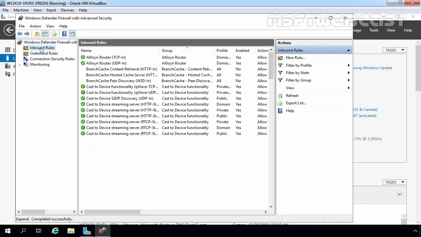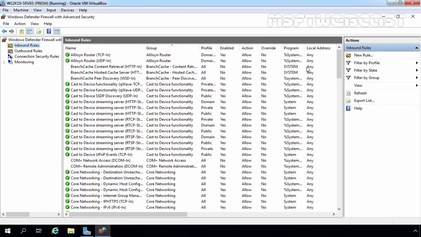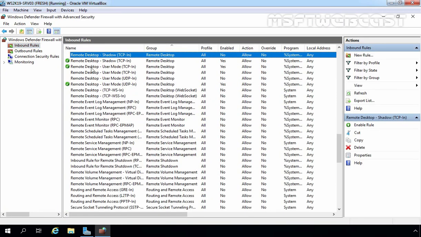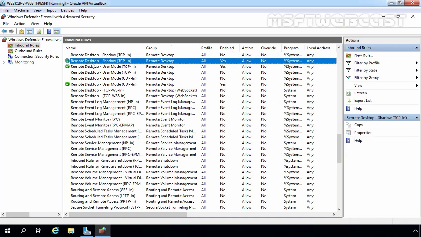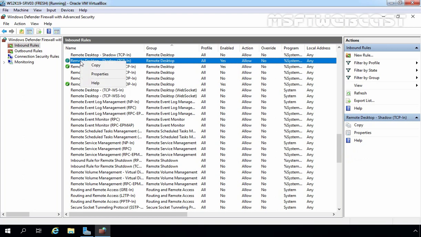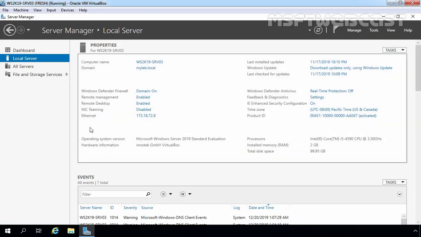Click on Inbound Rules. Maximize the console. Click on any rule. Press the R key. And here we have the rules related to Remote Desktop. Even if you want to disable this rule, it is not possible. If you click on any other rule, then we have options to enable or disable that rule. But we are not able to disable this rule because group policy is in effect. Let's close this console. And as you can see, Remote Desktop is enabled on both member servers.